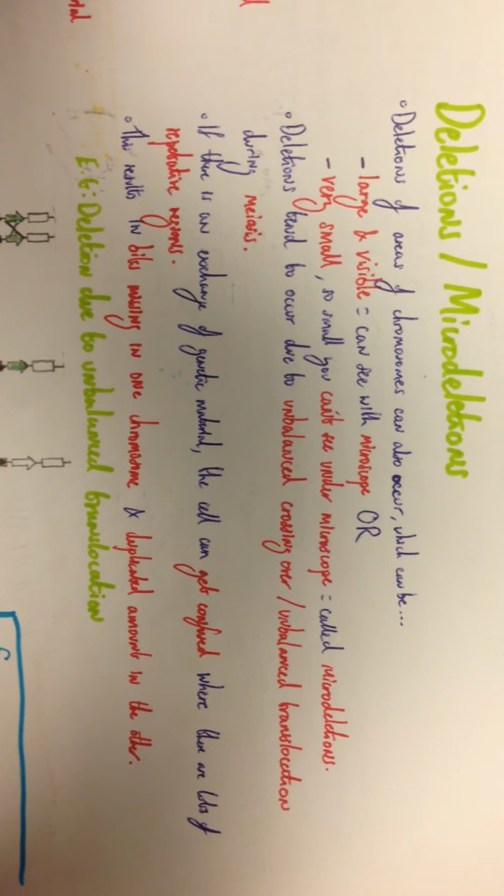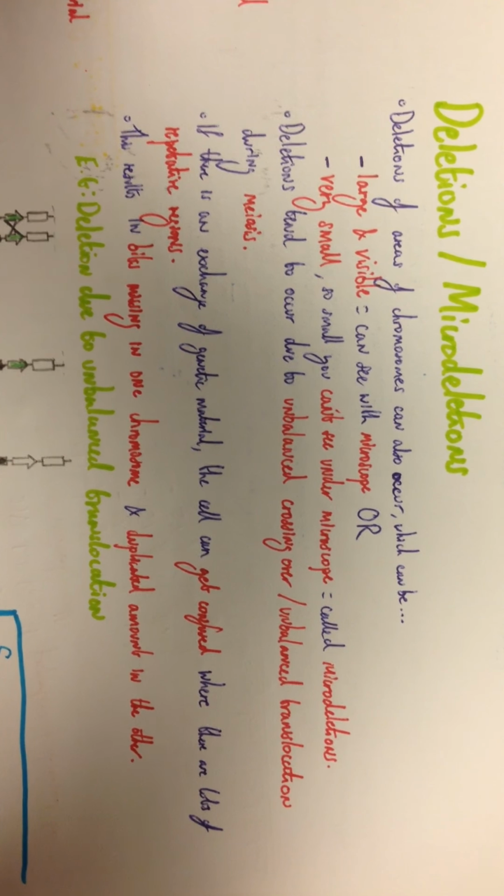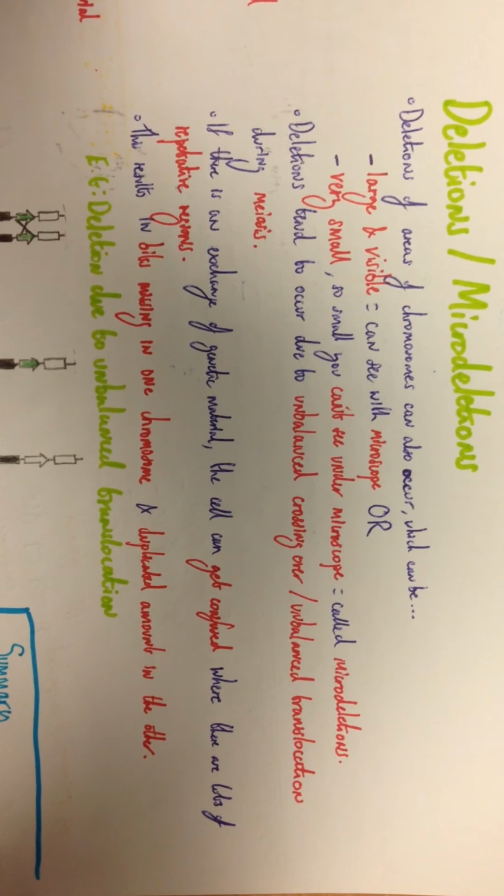So, deletions / microdeletions. This is the final chromosomal abnormality. Deletions are areas of chromosomes that can also be lost. Deletions of areas